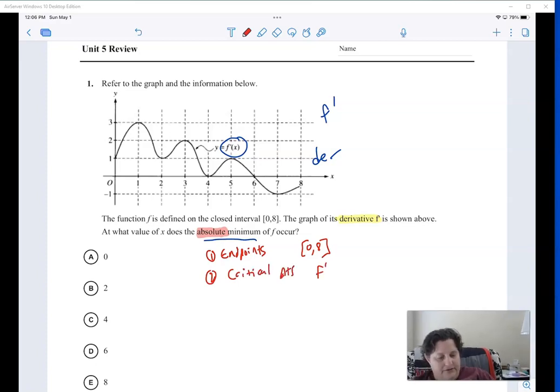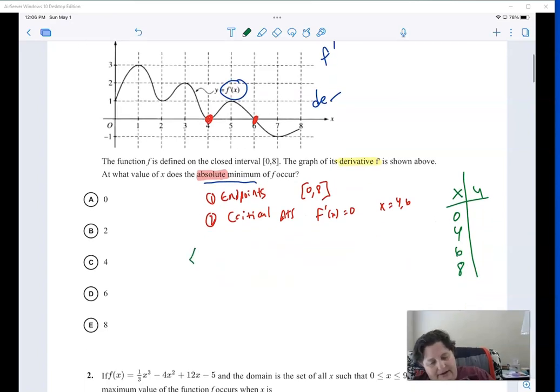Now, the critical points, the definition of that is when the derivative equals 0. This is the derivative. So it could be there or there, okay? That could be at 4 or 6. So what I do is, if I have a way to plug it in, and I don't on this, but if I had a way to plug it in, I would actually plug in those values and try to figure out which one was the absolute max, okay? If I don't have a way to plug it in,